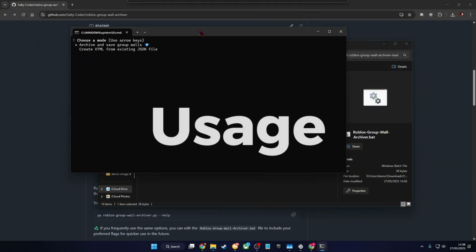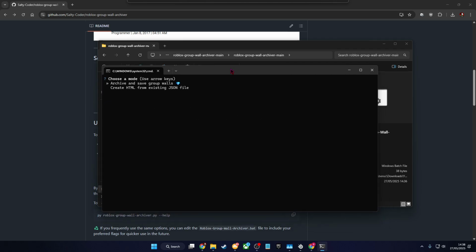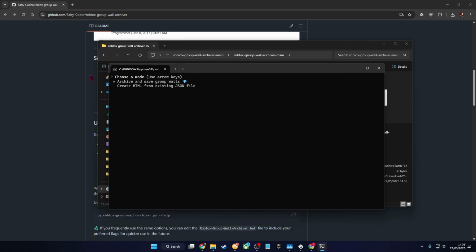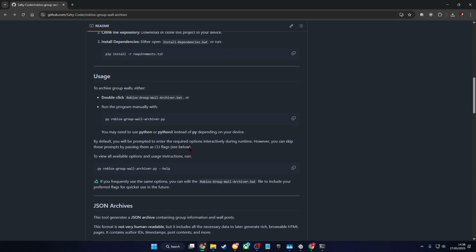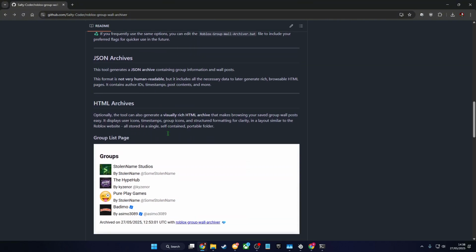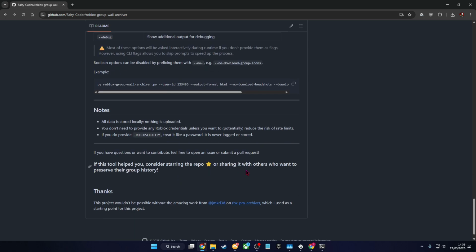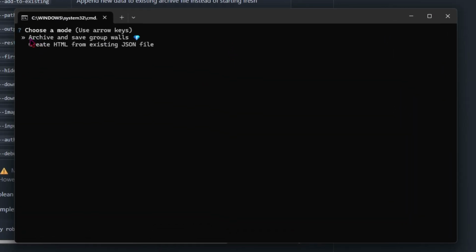You should now see these two options: archive and save group walls, and create HTML from existing JSON file. The rest of this documentation is for more advanced usage that we'll cover later in the video. For now, we want to archive some group walls. You can use the arrow keys to navigate the menu, then press enter to choose an option. It's now asking us if we want to archive custom group IDs. This time around, we're going to be archiving a group that I'm a member of, so I'll just choose no